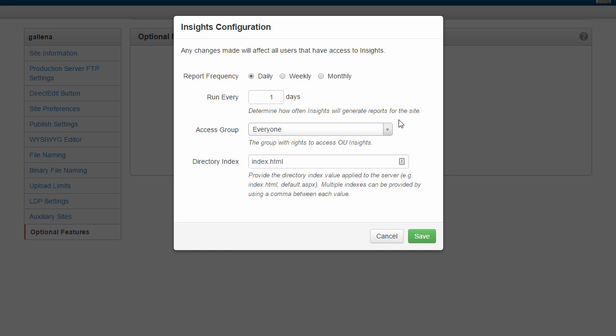That means that everyone can access OU Insights, and it also means that every time Insights runs a scan, there will be an email that gets sent out to everybody inside my account, and they will get a quick at-a-glance snippet of the information that is presented inside of that site scan. So, you'll get an overall site rating, you'll get a site score, stuff like that.